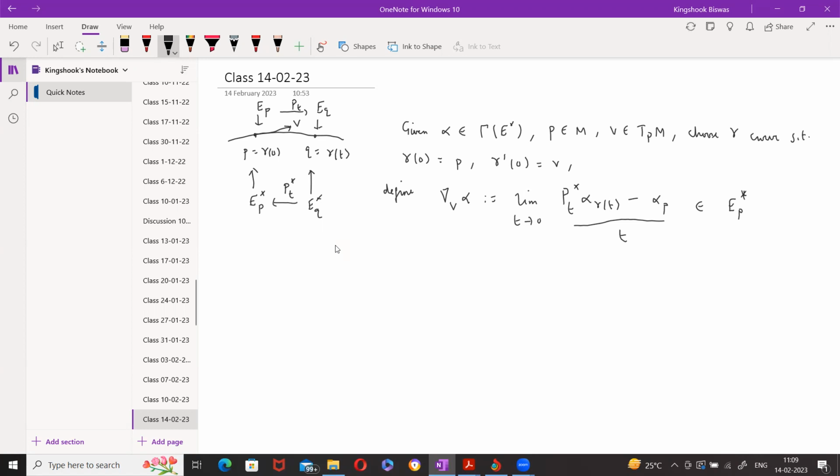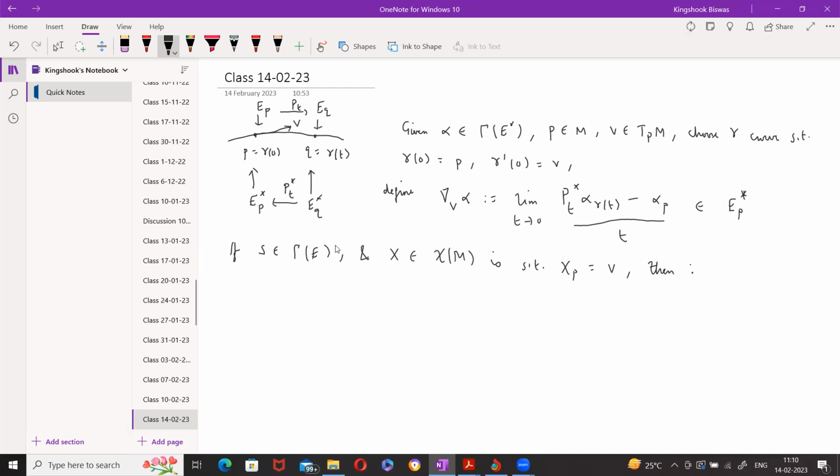Okay. So then the claim was that this satisfies the Leibniz rule. That is, if S is a section of E, and say X is a vector field on M such that X at P is equal to V,